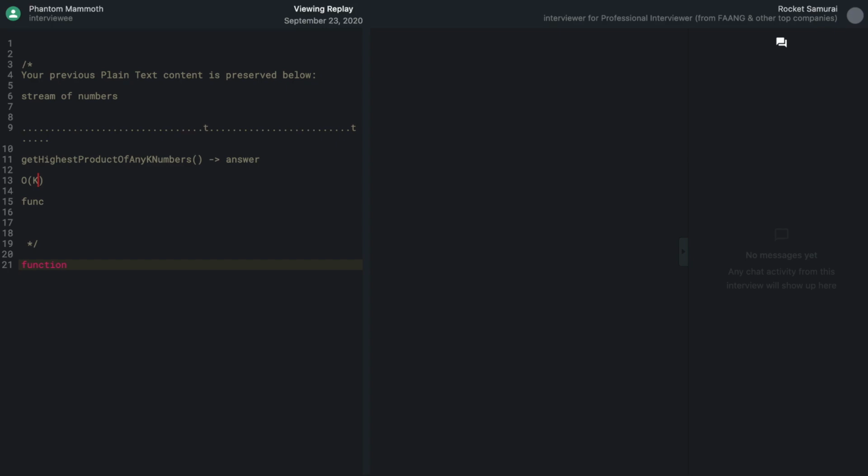Oh, you're saying you can't think of a way to ignore comparing with every possible number in the k numbers. Maybe you can compare it just against the minimum and the maximum number, and if it's somewhere within that, then maybe you would just boot the minimum number off the product. So basically just add the new number into the k number array, and